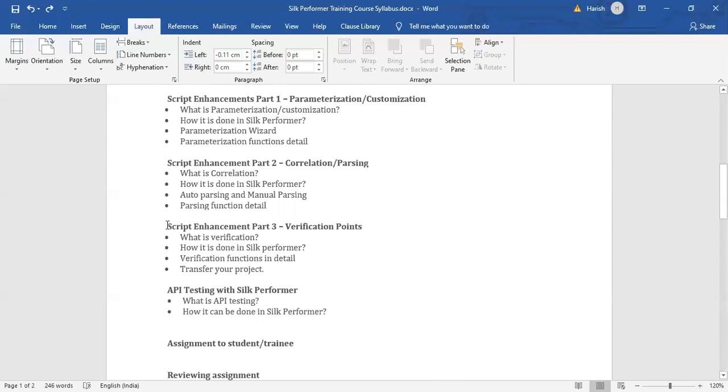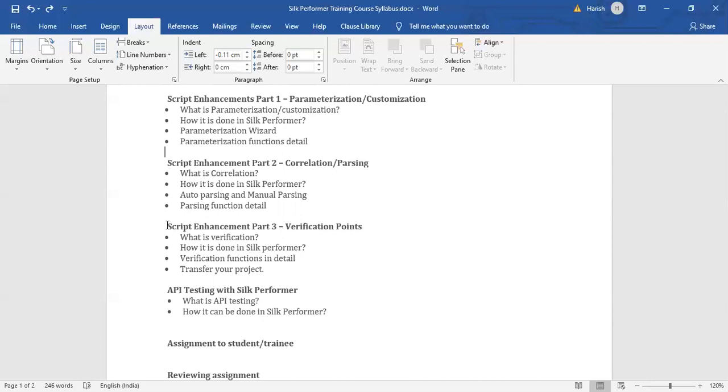Then comes the third part, which is the verification point. All of you must be aware that a 200 response code doesn't always mean that we have got the reply which we expected.